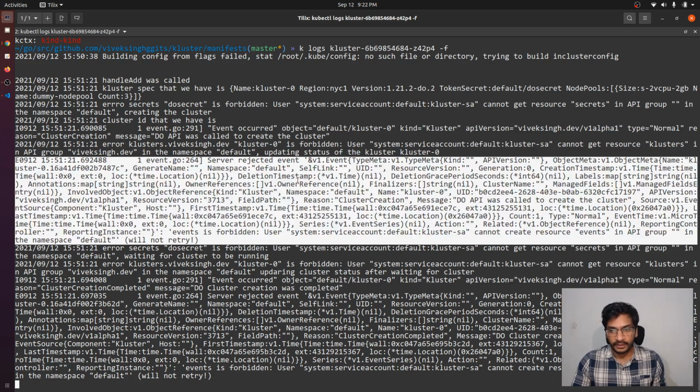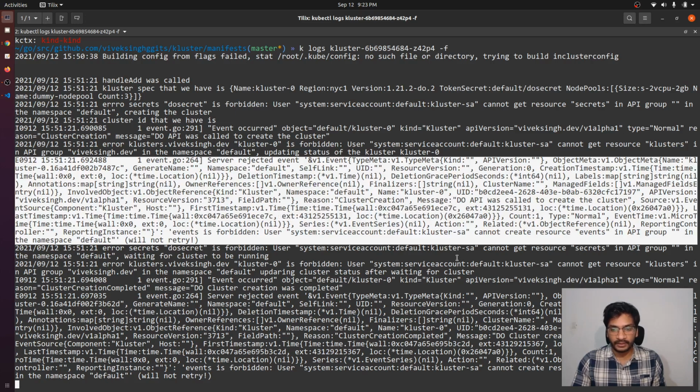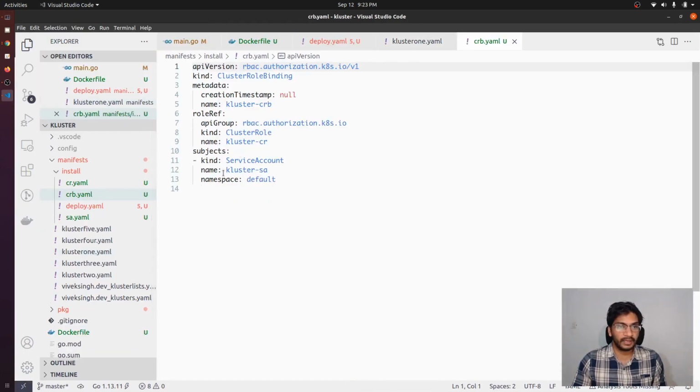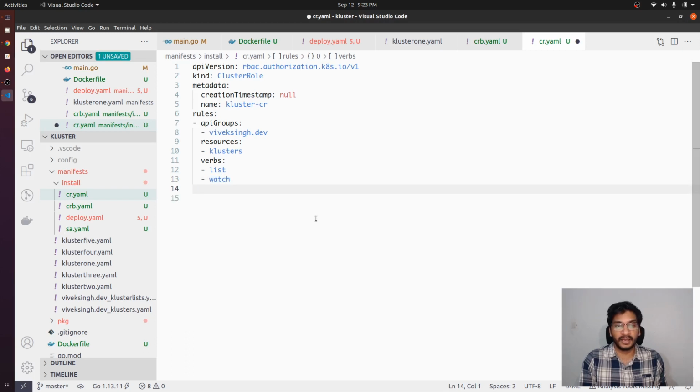And the other thing is, it says cannot create resource events in API group core. So this is another problem. And yeah, so these are some of the problems that we have to solve now. So let's just go ahead and open the crb.yaml or cluster role.yaml, and in cluster role.yaml let's specify another rule,